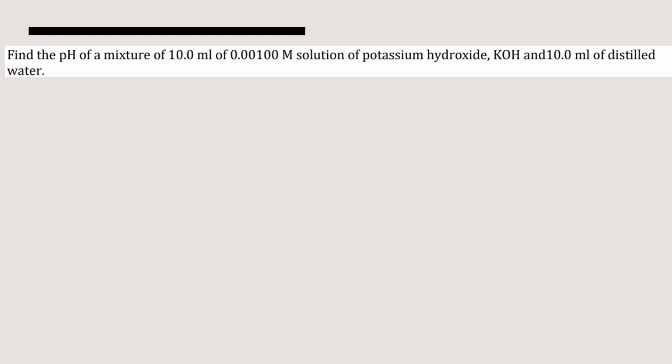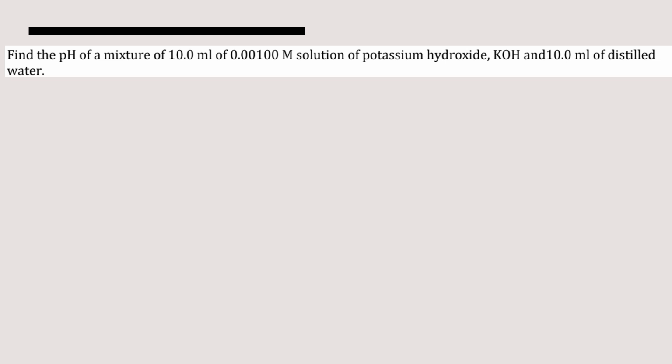Find the pH of a mixture of 10 mLs of 0.00100 molar solution of potassium hydroxide, KOH, and 10 milliliters of distilled water. Luckily, distilled water won't impact your moles, but it will affect your concentration, literally and figuratively. So the question is essentially asking: we have to figure out what our new concentration is because we're adding the distilled water, and then from there